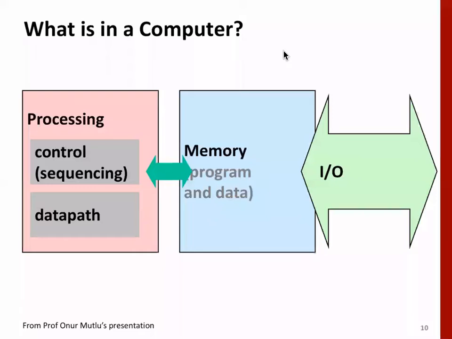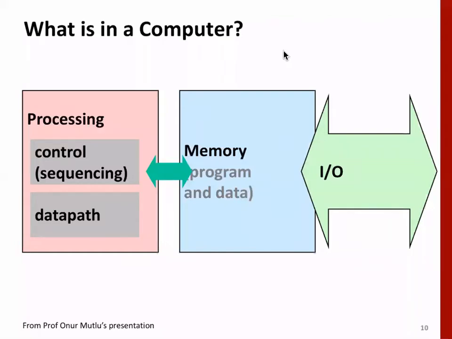Okay, say register may contain data temporarily. And then from register it can go to, say, ALU, where actual operation, say addition of two numbers, can happen, and the final result can come to register. From there it can go to memory, right? So all these are part of data path.